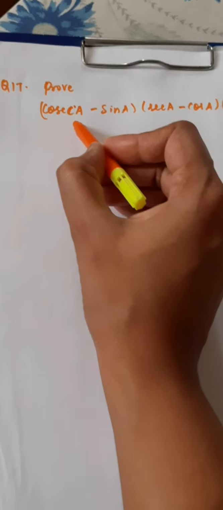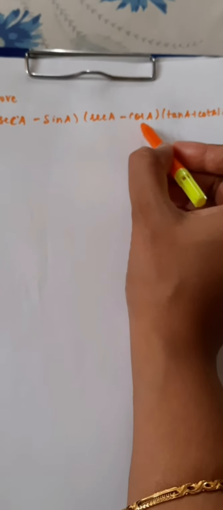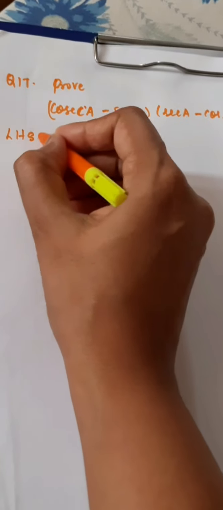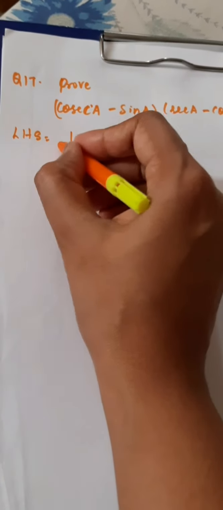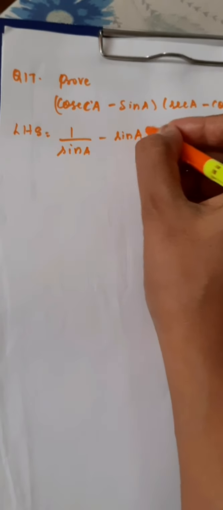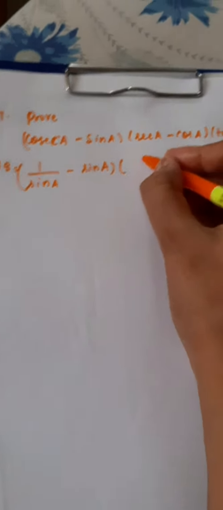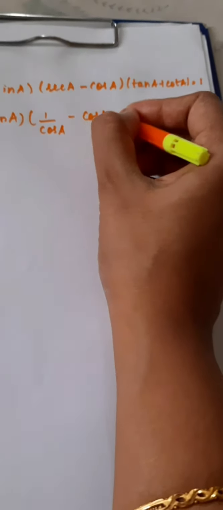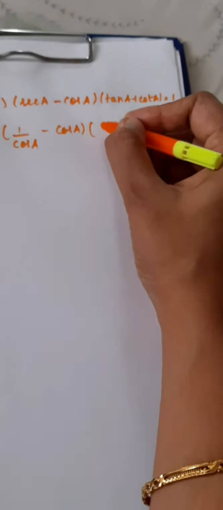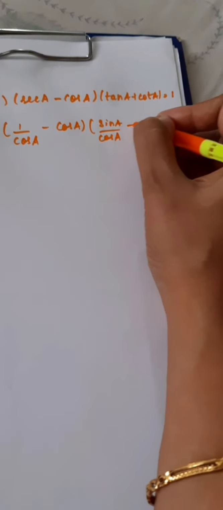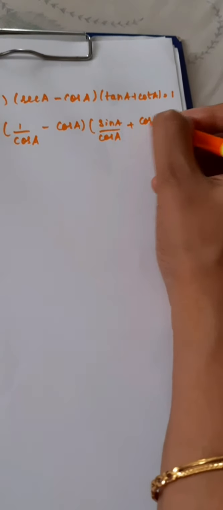Next question 17, prove (cosecant A minus sin A) into (secant A minus cos A) into (tan A plus cot A) is 1. Just by applying all the reciprocal identities, (1 by sin A minus sin A) into (1 by cos A minus cos A) into (tan is sin A by cos A plus cot is cos A by sin A),